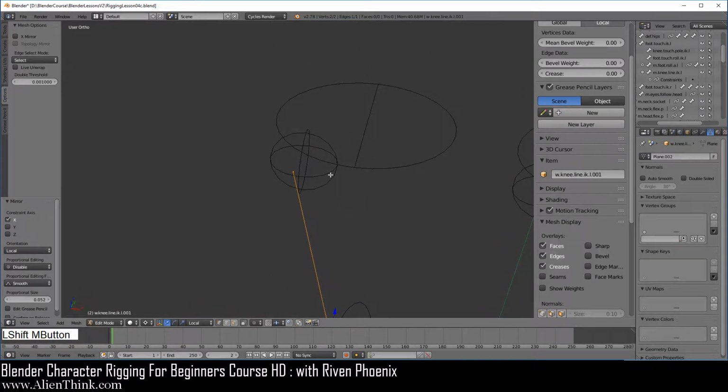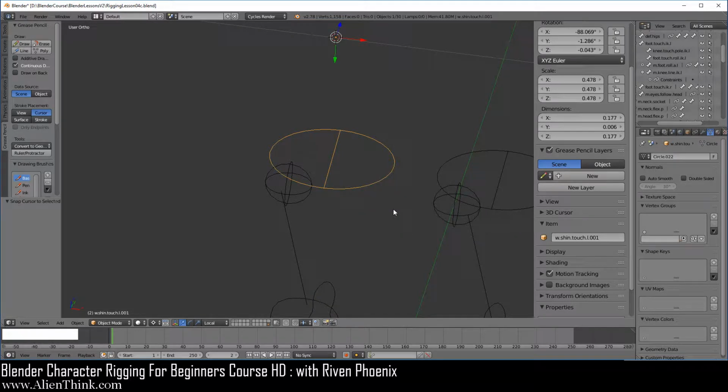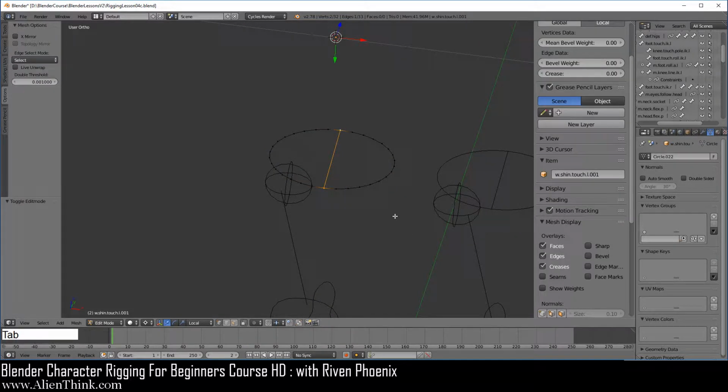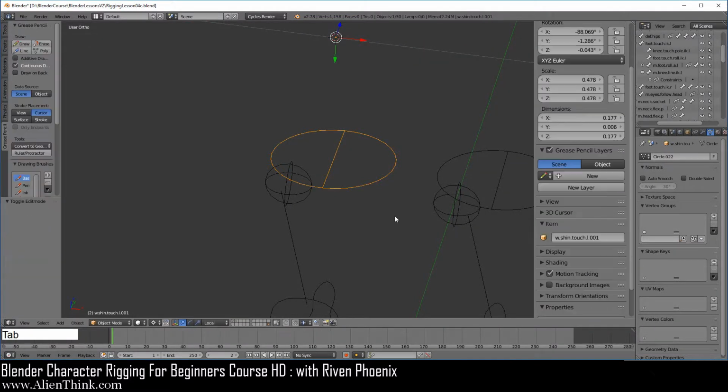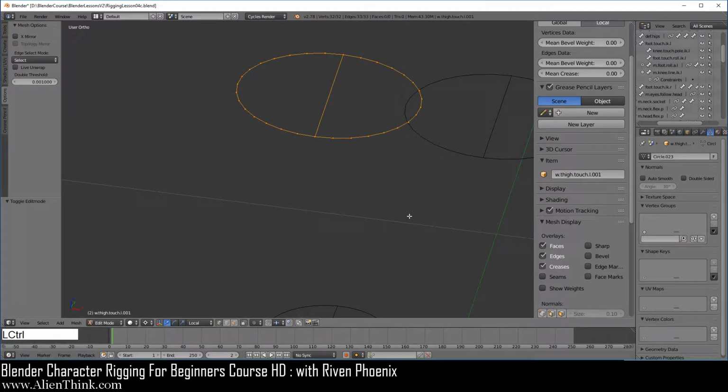Now here we're going to skip the empty because you can't go into edit mode on the empty. So go ahead and switch this back to object mode. I'm going to click on this one, do Shift S, cursor to selected, press the Tab key to go into edit mode. Here I'm just going to select everything, do Control M, X 2 times and enter. Press the Tab key to go into object mode. Now over here, I'm going to click on this, do Shift S, cursor to selected, press the Tab key, do Control M, the X key 2 times and enter.